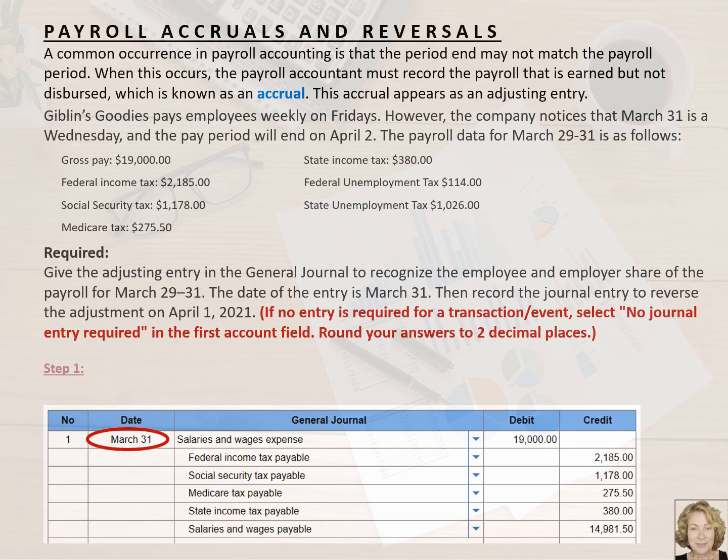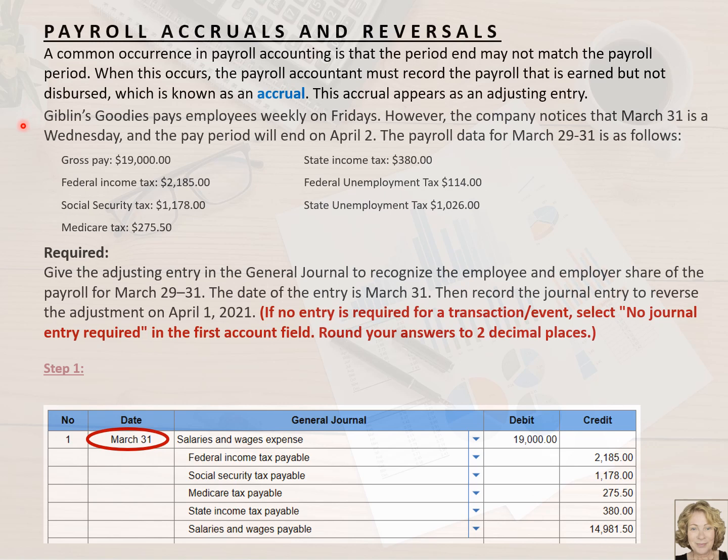period. Why? Well, if you did not reverse it, the accountant would have to figure out the difference between the actual payroll and the estimate and book only the difference. However, then the entry doesn't tie back to the payroll register. So to avoid that, accountants auto-reverse or manually, if you're not using accounting software, the payroll accrual. So let's look at an example that is just like your homework.